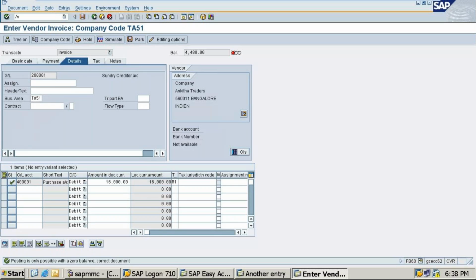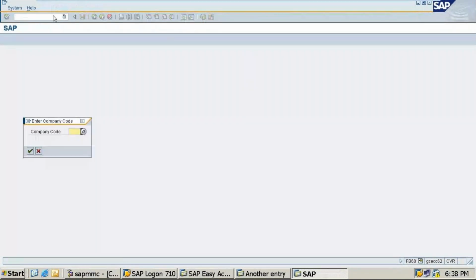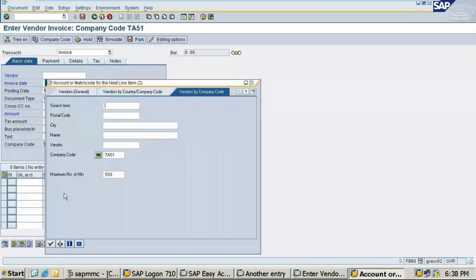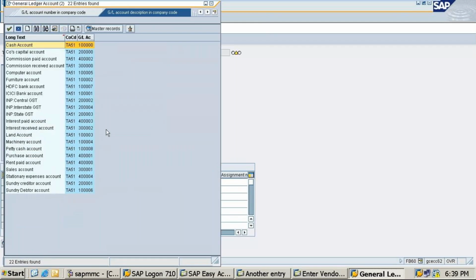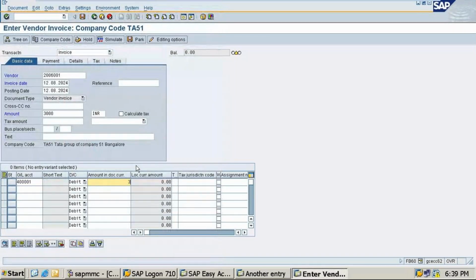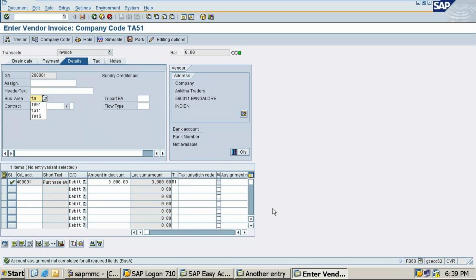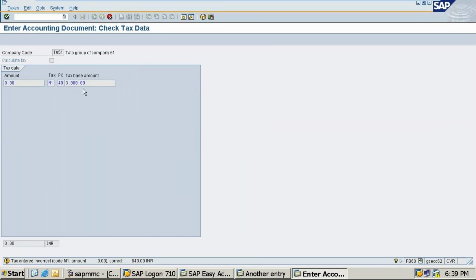I'll put a small amount. 3000 base amount, posting key, tax base amount, tax and M1.